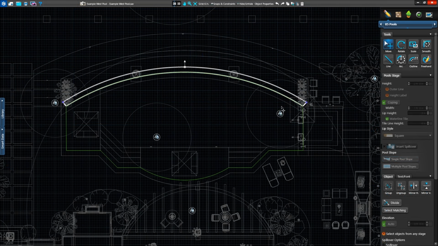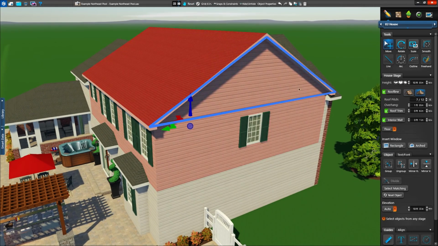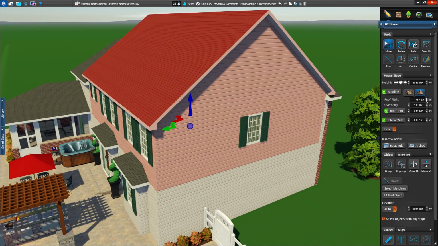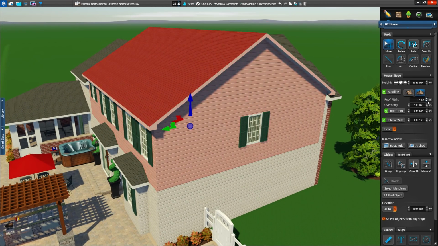And spillovers are easier to adjust as well. Click and drag the new points on spillovers to adjust the size of the water feature in a single direction. House roofs see an updated setting for the pitch angle. Use the new slope setting to quickly change the roof pitch to standard values, or click the R to use